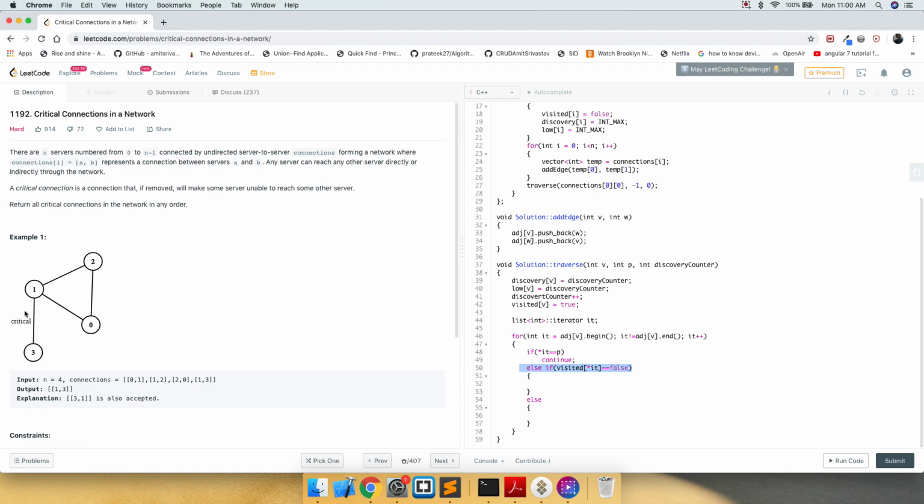It is very important to understand the significance of this, because the whole purpose of traversing is to update low and discovery. Basically low, not even discovery.